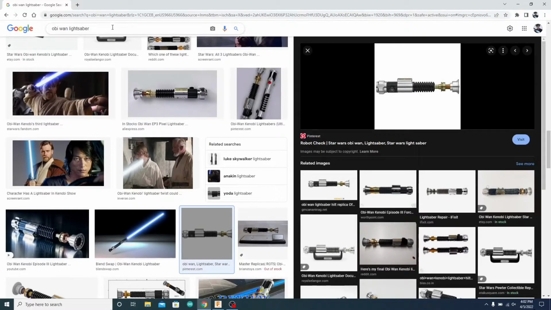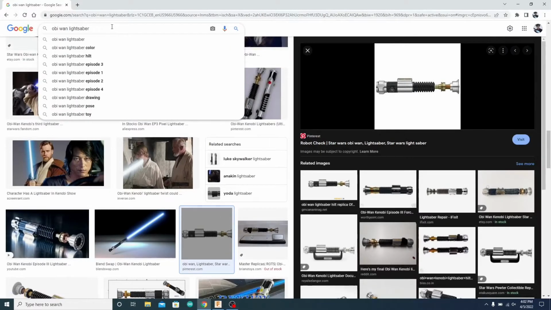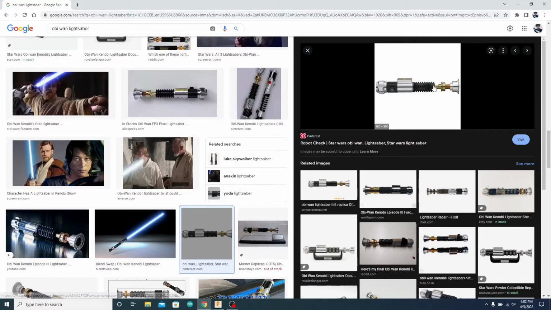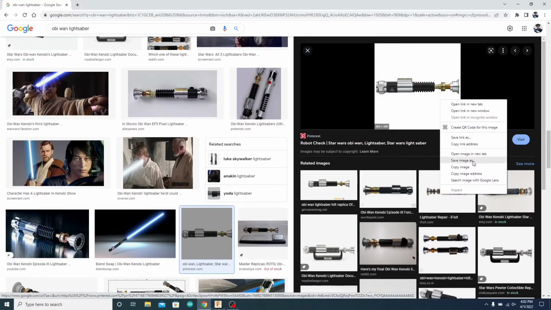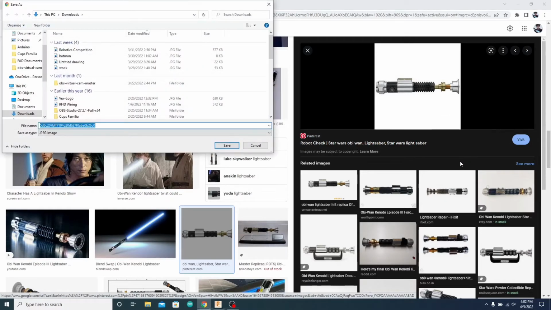So today we're going to be making Obi-Wan Kenobi's lightsaber. So first thing you do, go to Google. I googled Obi-Wan's lightsaber. I found this nice profile image right here, so I'm going to go ahead and save that. If you right click on the image, it's going to bring up some options. So we're going to go ahead and do save image as, and then I'm going to name